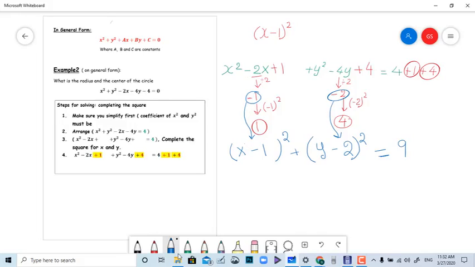My center here is (1, 2). This is the center of the circle. And what is the radius? Radius equals the square root of 9, which is 3. And this is the way to solve the equation in the standard